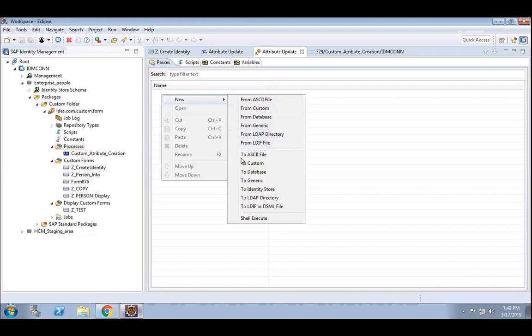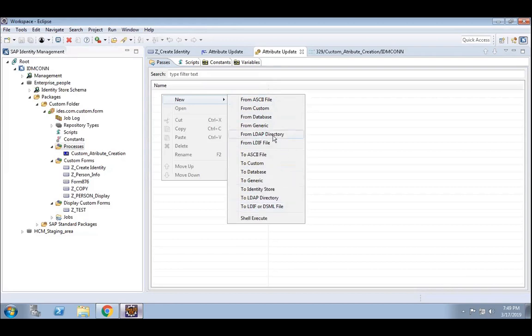The to passes are to ASCII file, to custom, to database, to generic, to identity store, to LDAP directory, to LDIF file. From LDIF file and to LDIF file I never used.